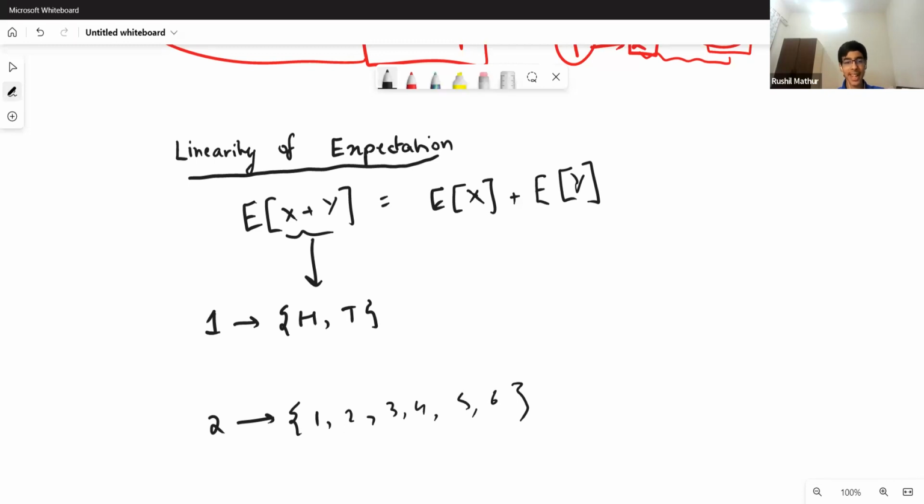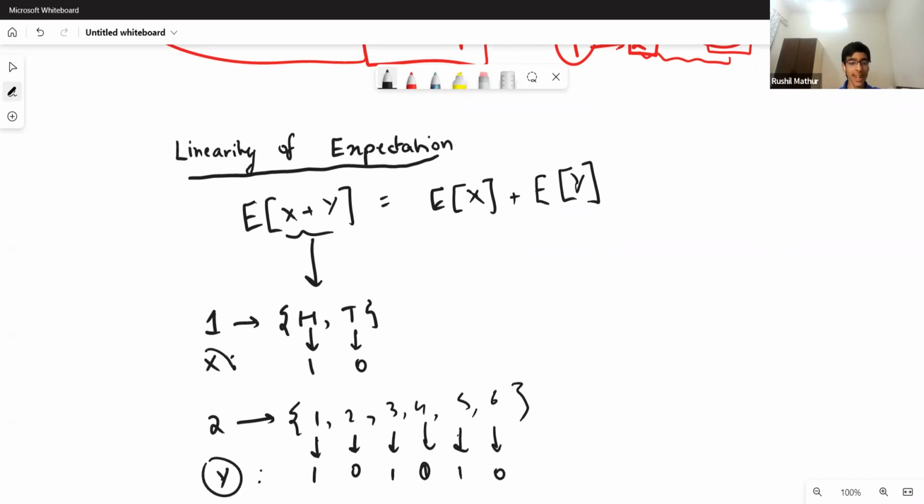X and Y are still random variables. X is a function which maps heads to 1 and tails to 0, let's say. And Y maps odds to 1 for a change, and evens to 0, something like this. So how we define X plus Y is: imagine that you're conducting both of these experiments